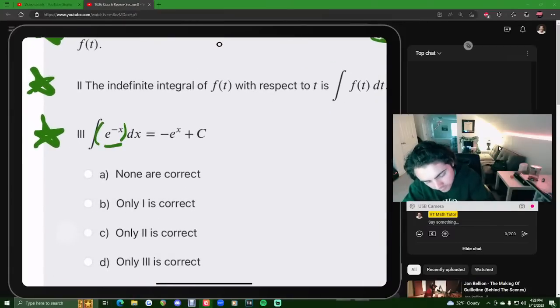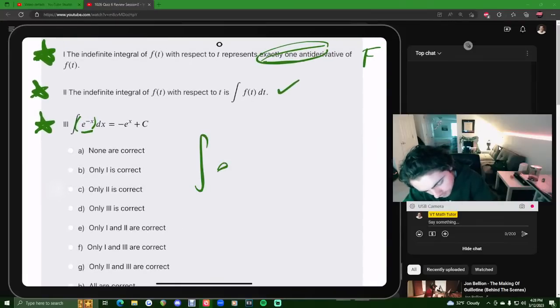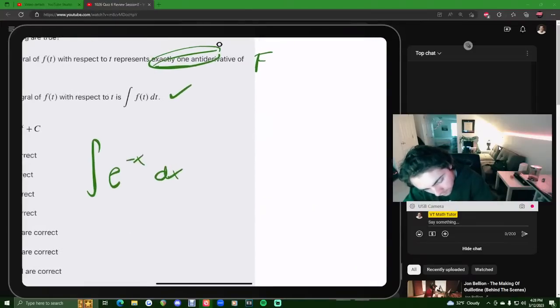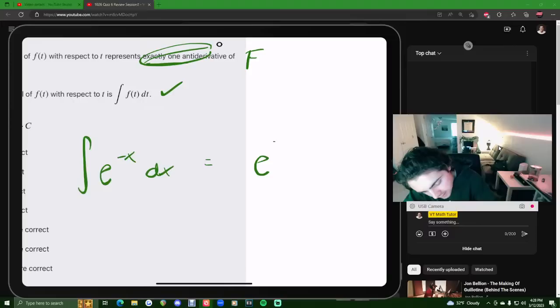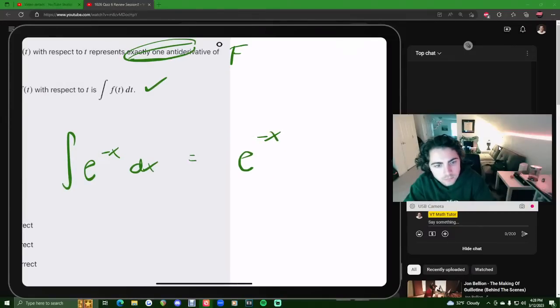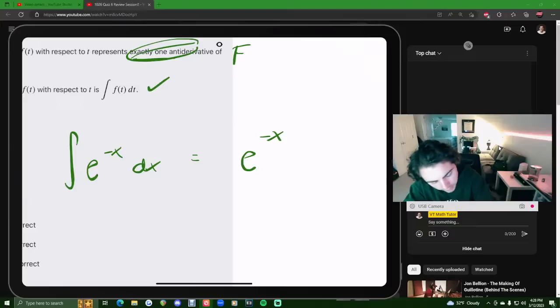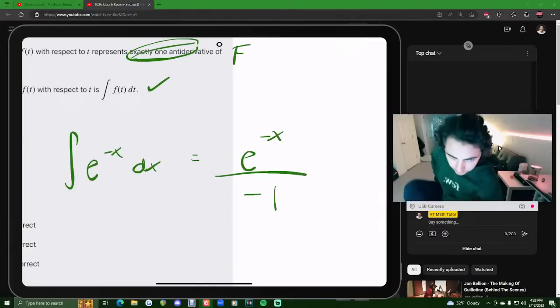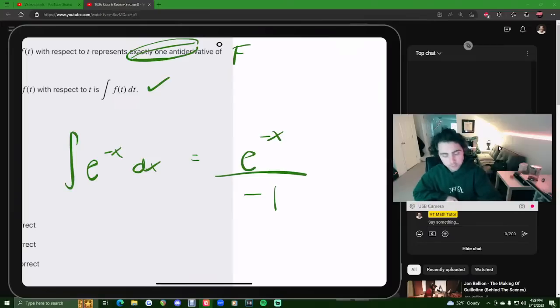The antiderivative of e to the negative x, we'd start with repeating the same e term, e to the negative x, and we would then divide by whatever the coefficient is to the x term. That's kind of a trick with e functions. So e to the negative x, we repeat the same e term, and then we divide by whatever the exponent